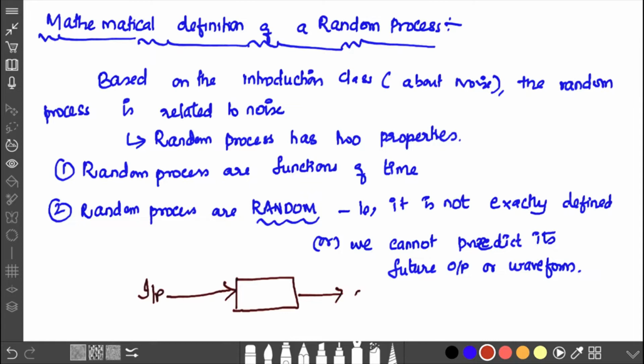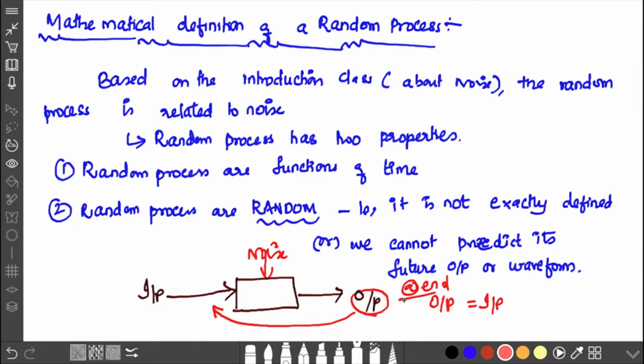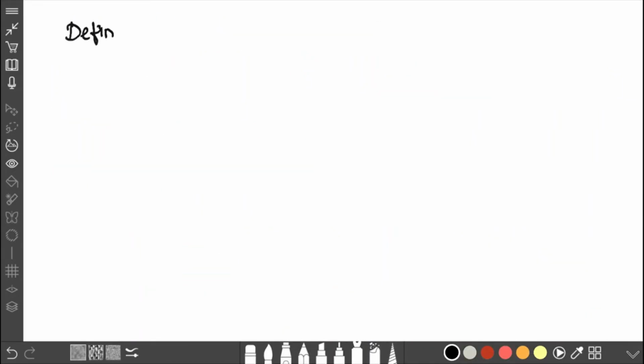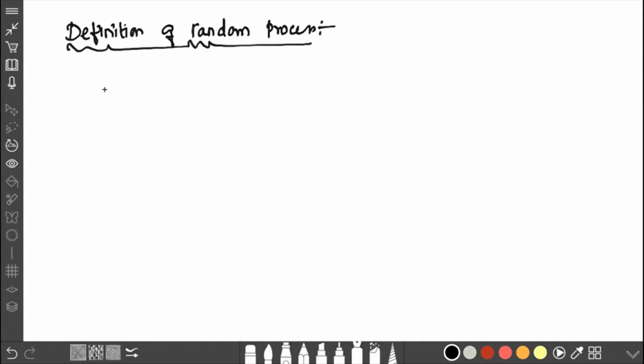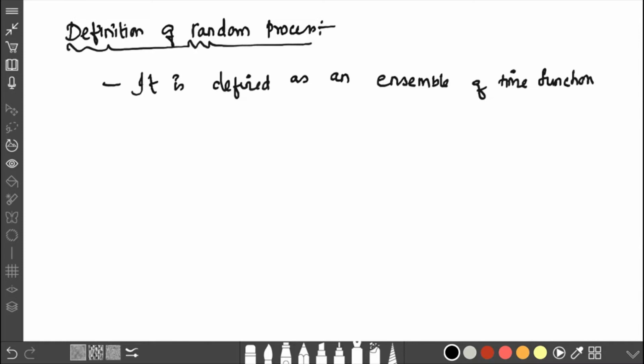Generally, any system will depend on the input functionality and give the output. The actual intention of any system is to produce an output which is an exact replica of the input. But in a communication system which is interfered with by noise, the output will be the input with noise added. So we have to study this feature of noise and enhance how effective the communication system is in its performance. Based on this, we'll first see the definition of random process, which is defined as